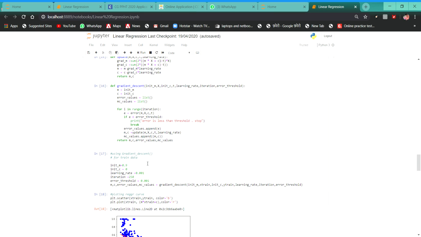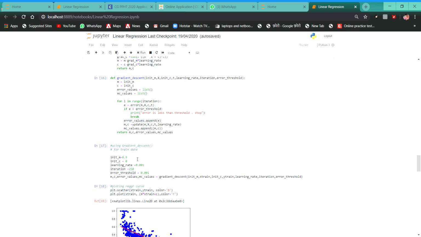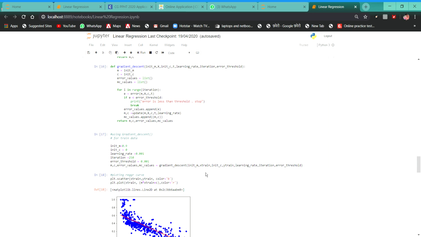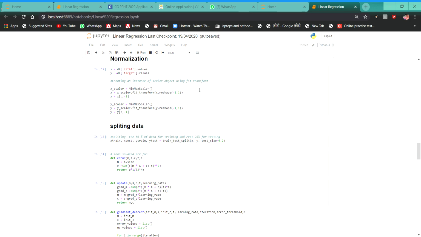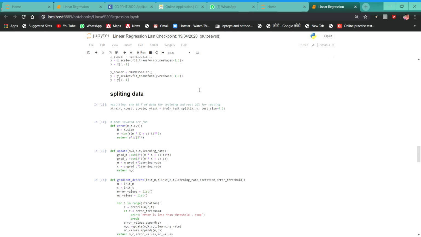Here we use the gradient function for the train dataset. Here we describe x train and y train, and we pass x train and y train for calculation of the mean square error.